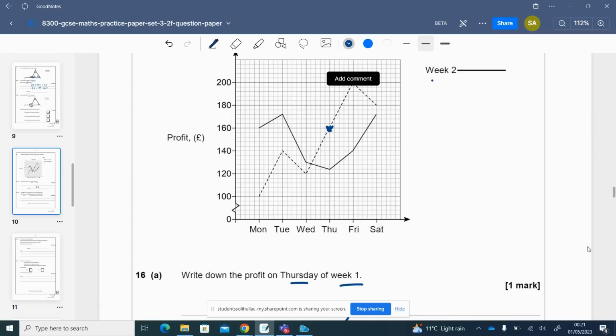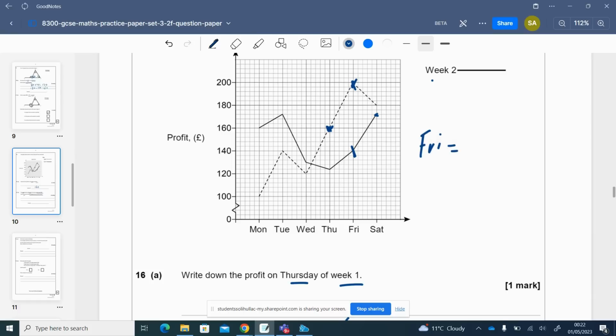This point here. Okay, and similarly for week 2, so this is for week 1, and for week 2 the highest point is either you can use the Saturday one, or the Friday one. So you need to do some calculations to work out which day is giving you the highest point. So if I calculate how much profit they made on Friday, so the Friday is